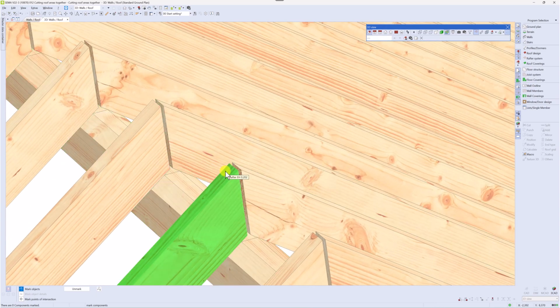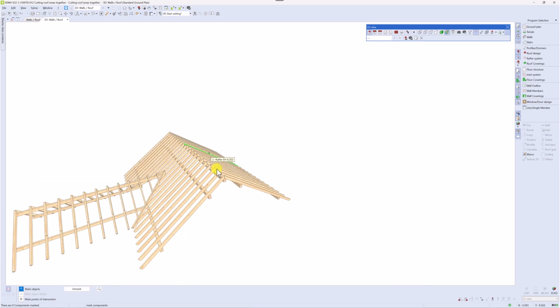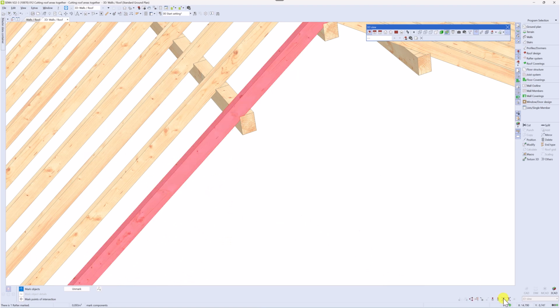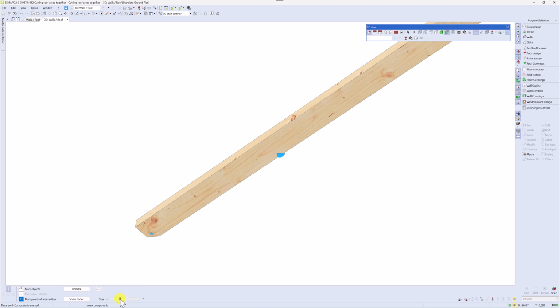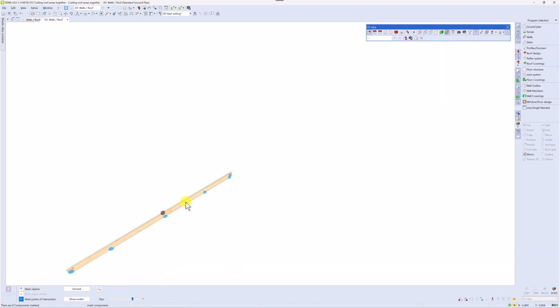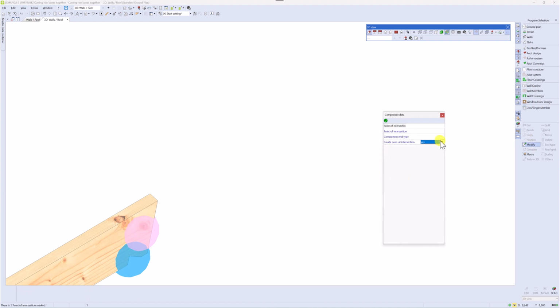And now a thing you really have to take care of is the point of intersection at the beginning and the end of a member. So if we, for example, take this one and go to points of intersection, there is a processing at the beginning and at the end of it. You cannot see it because of the size, so when we make it bigger, here it will appear, and here again. And if we go to modify,